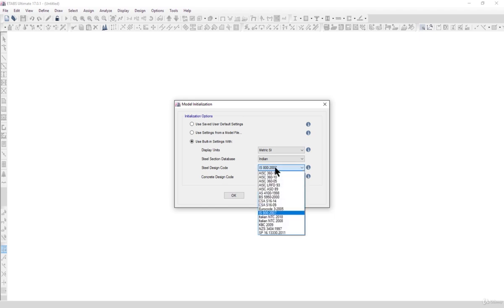If you are from any other country or you don't follow the Indian standard, then you can select AISC also, or CSA, or whatever the design code is in your domain. I have selected some lectures in Indian standards and some lectures in American standards, and similarly some lectures in Euro standards to cater to all types of audience in my course. So left click on OK,